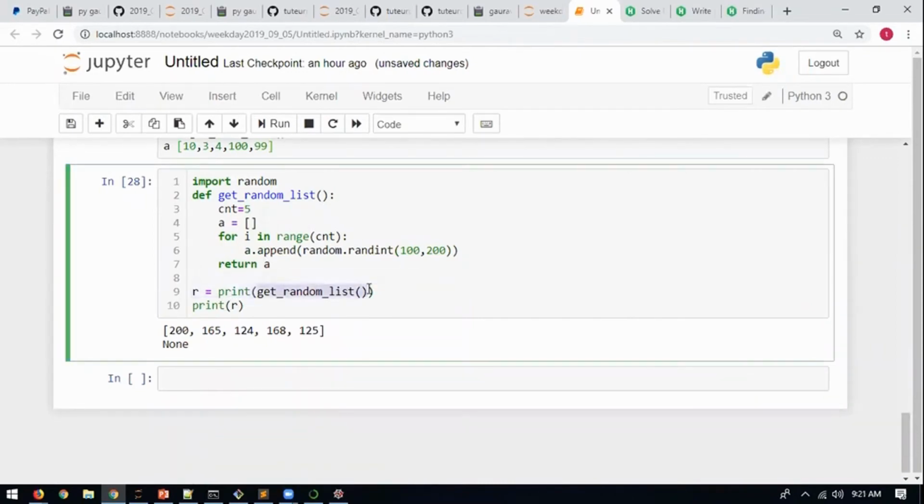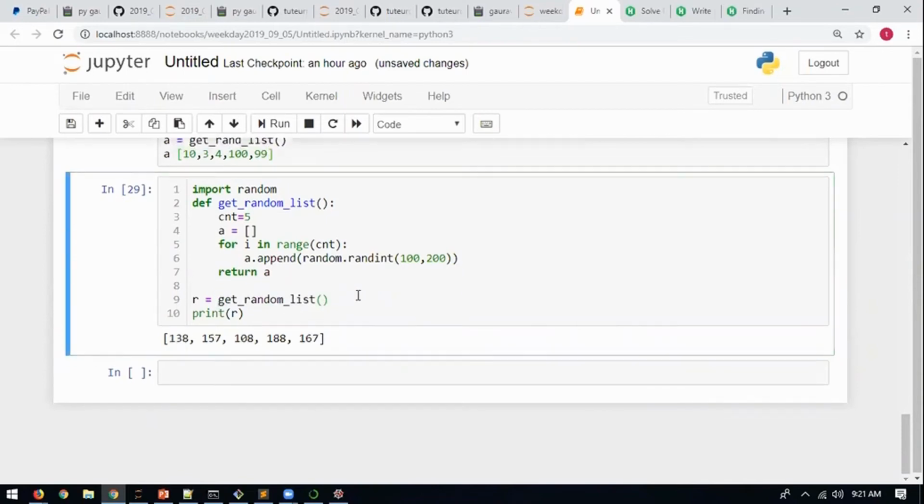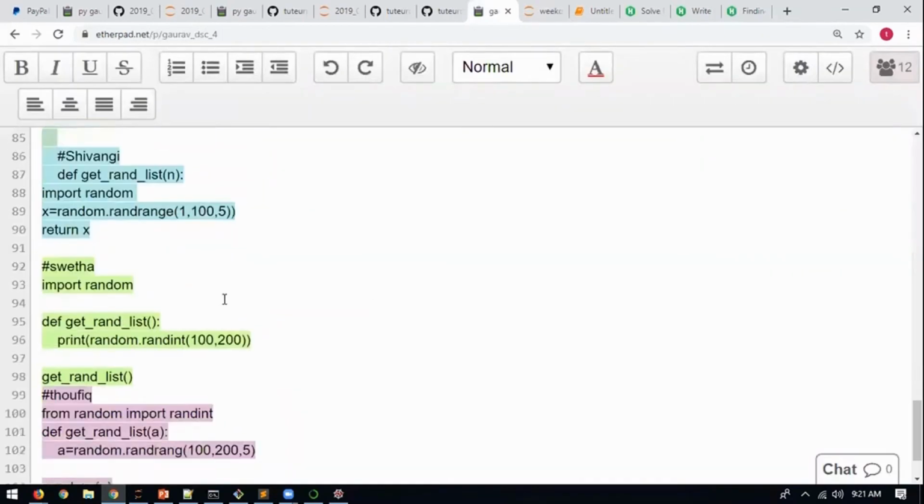When you say get random list, it gives you back what? The list. And then you print it and then store it. So can you fix it yourself now? When you call this get random, it gives you back a result. You can store it directly and then print R. How it works. Fine. Clear what to do? So make a habit of fixing errors. Who's next?